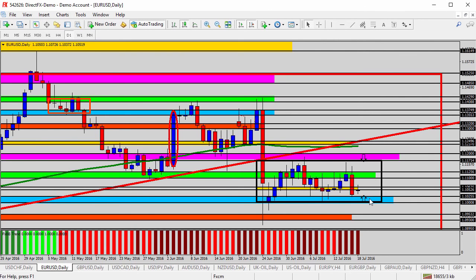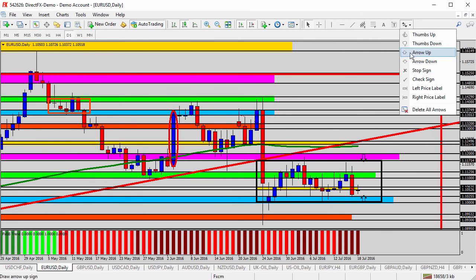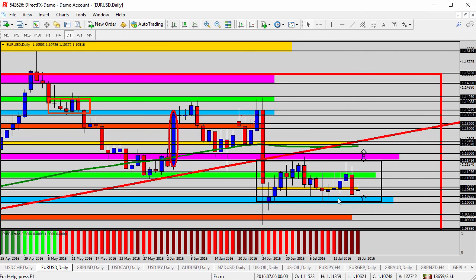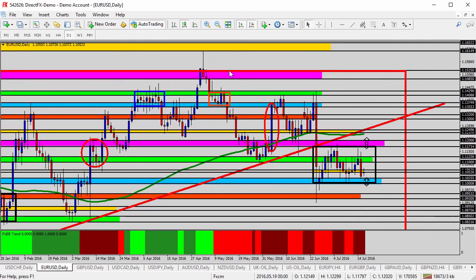1.1025, 1.1000 is the bottom of the black box, the blue shaded area. Of course, this week and really last week, we've started looking for potential breakouts of this range or period of congestion above the pink shaded area, likely looking for a reversal. But I think more likely what we're looking for is the continuation of the downside. Breaking the 1.1000 level begins the next phase of the downtrend that really, if I zoom out again, you can